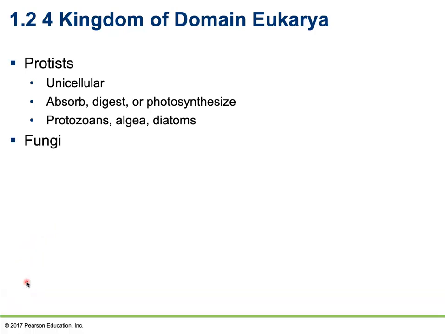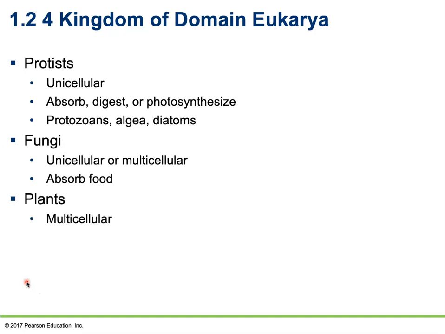So next up on our list is going to be fungi. Fungi can actually be unicellular or multicellular, so we're going to classify them based on their size, of course. However, fungi can only absorb their food. This means that they must secrete some sort of digestive substance into whatever they're going to be consuming, break it down, and then absorb it once it has already been externally digested. So that's how fungi obtain their nutrients from the environment.